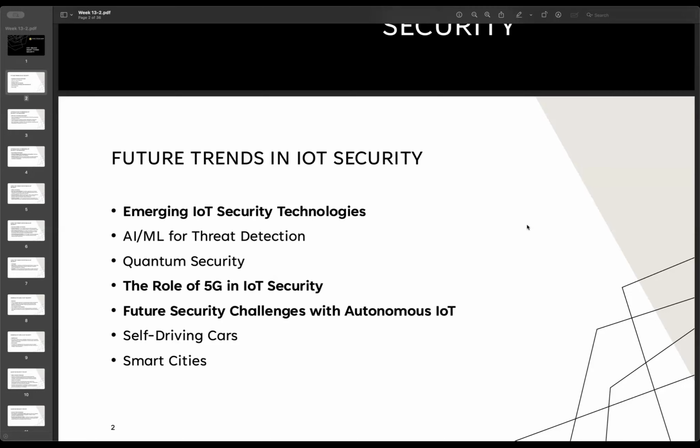And actually, when it comes to quantum computers, how can we adapt quantum security to it? Also one part, because when we talked about connection, we didn't really focus on it, but actually it's a part of it. Okay, so maybe using 5G, or maybe later when more advanced wireless connections come out, how can we use them in IoT security in the future? And also, of course, we do cover a little bit about autonomous IoT, and how can we do it?